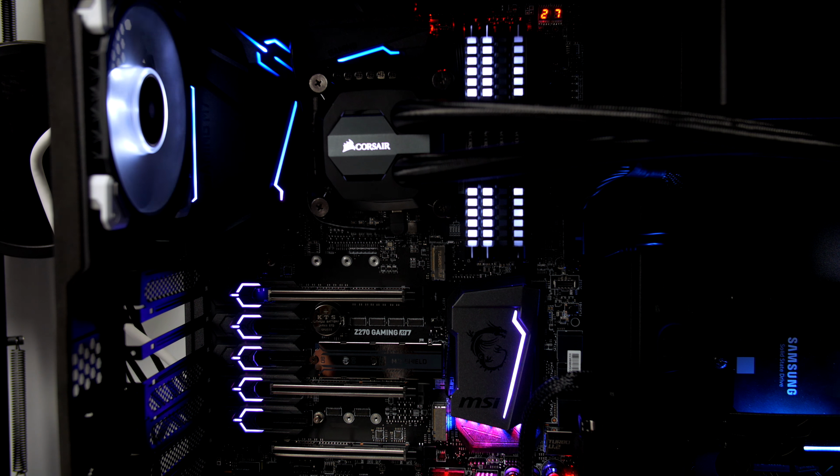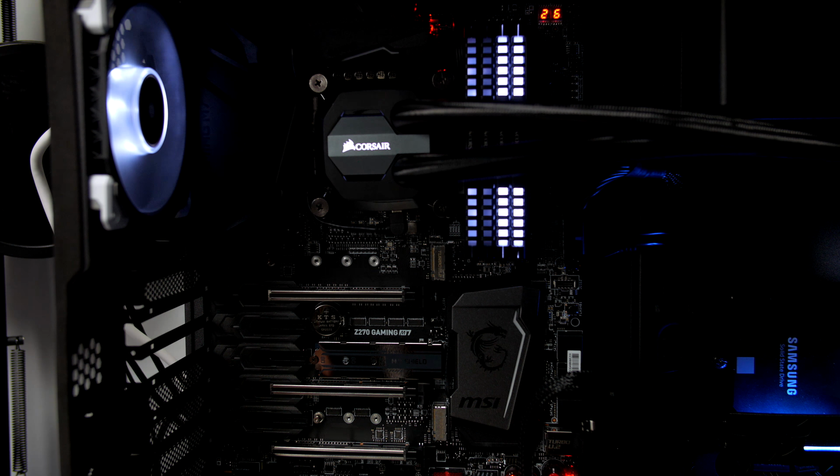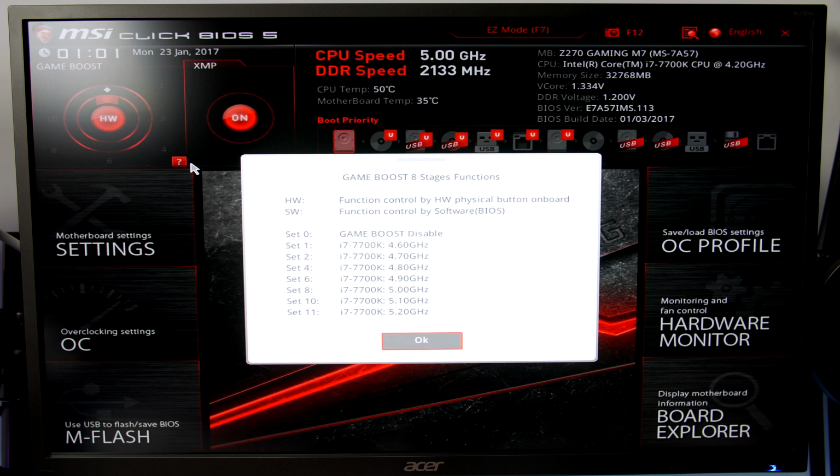You can go ahead and control all of this using MSI's gaming app that allows you to select between 7 different colour options and 3 different effects that include flash, breathing and double flash, or you can completely disable them all if you wish. So hopping into the BIOS, everything is laid out very well,